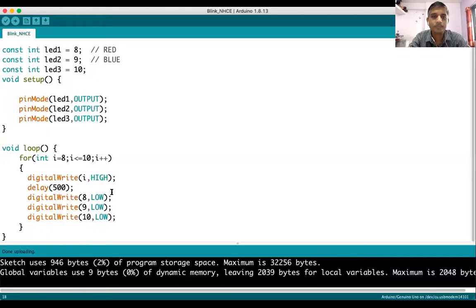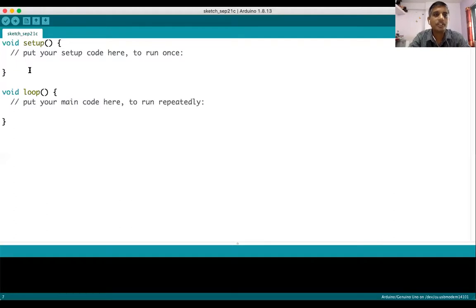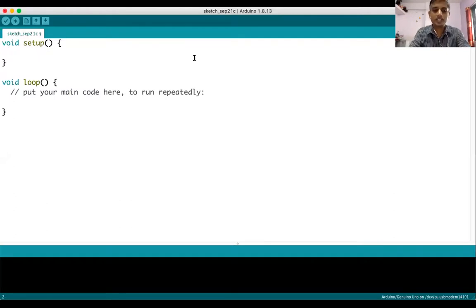So let me share the screen of the Arduino. Yes, this is my screen. Okay, so I am creating the new sketch. The new sketch is ready here. In setup, Serial dot begin. Make sure that here S is capital, B is small. Serial.begin(9600). And in the loop function, we have to put Serial dot